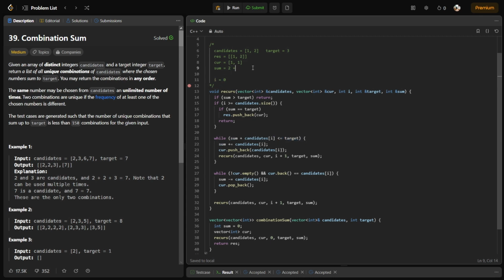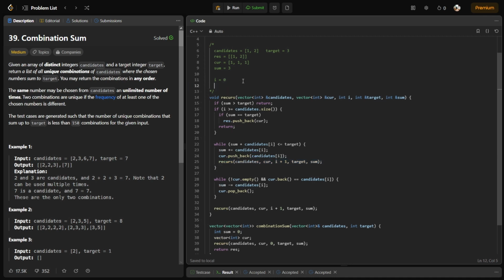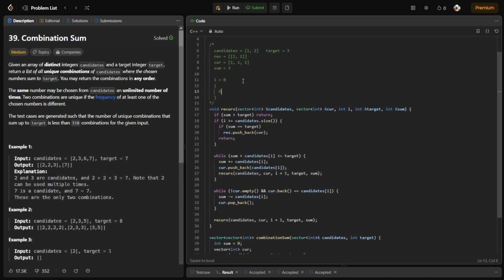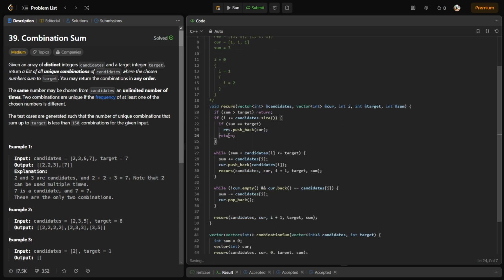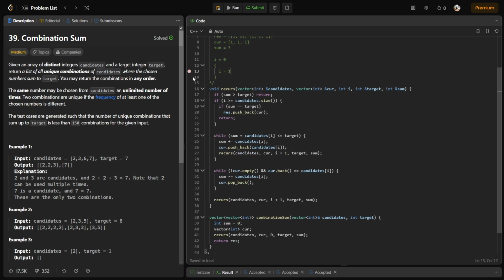We try incrementing again. Plus 1 is equals to our target. Okay, we recurse. I equals to 1. Cannot push, cannot pop. We recurse again. And now, since I is equals to 2, and our sum is equals to our target, so we push back our current, which is this, into our result. And then of that we return. So return here,